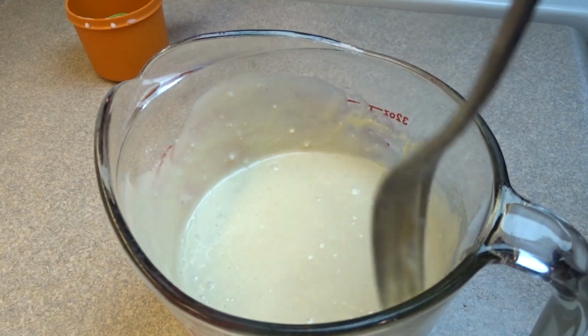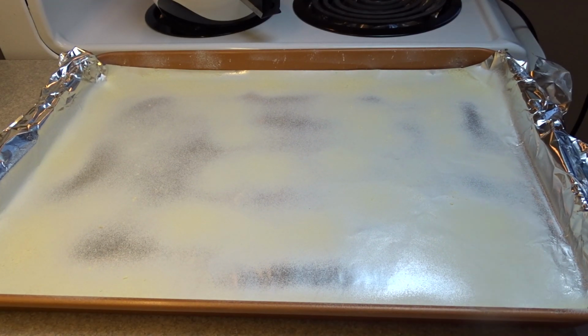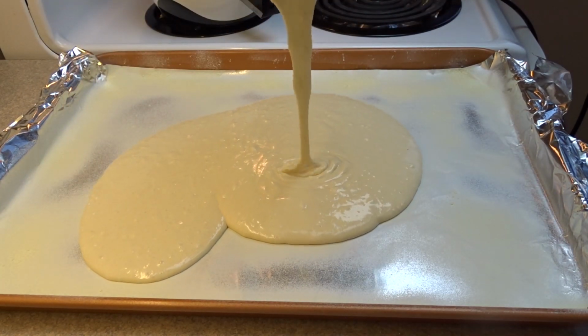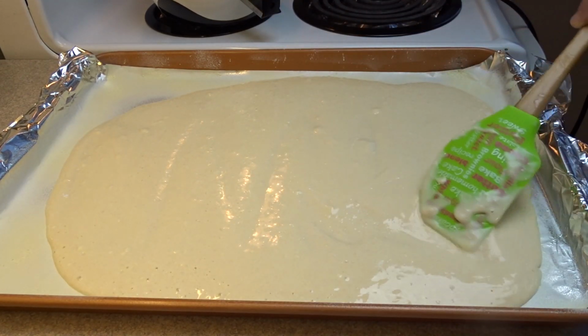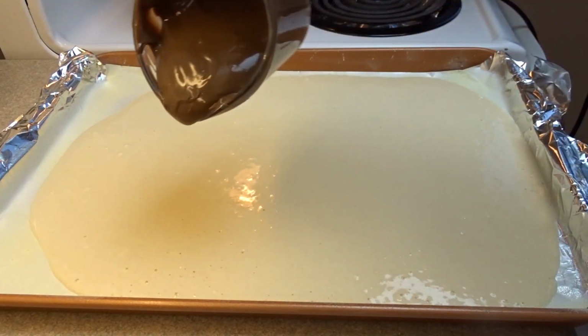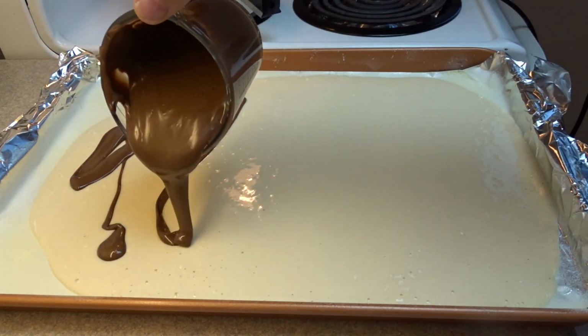Then you're going to pour this into a large baking dish. I'm using a half sheet pan that I've lined with aluminum foil, and I greased the foil well with cooking spray, poured the batter on top, and just spread it out a little bit. You don't have to go right up to the edges of the pan because you don't want your pancake to be too thin. Then take a cup of Nutella, put it in a measuring cup, put it in the microwave,